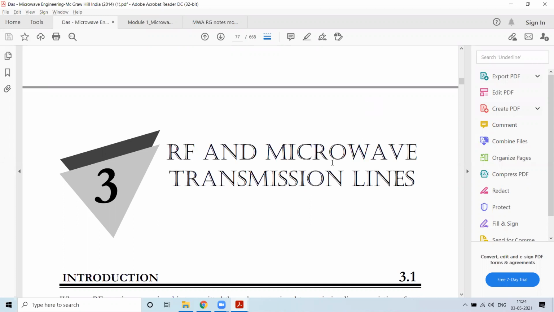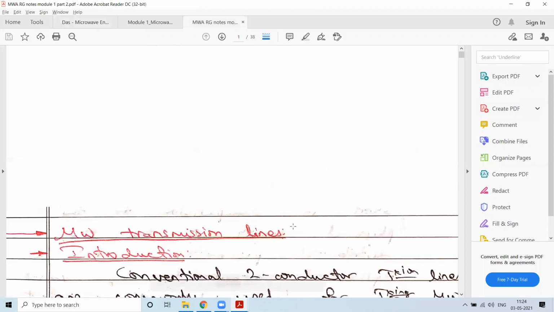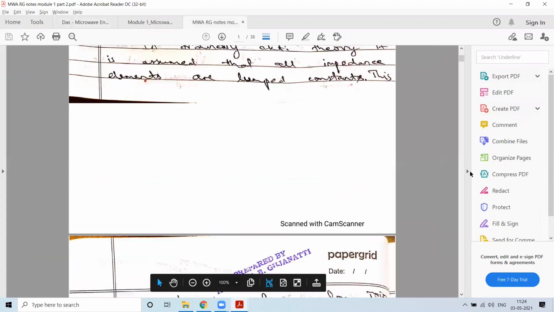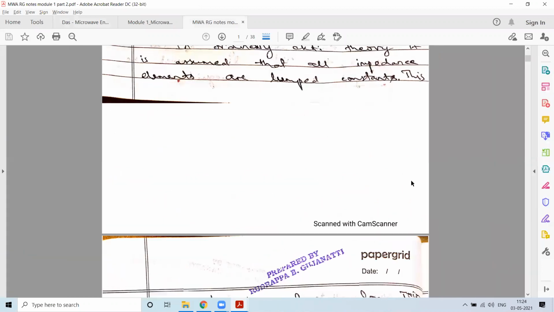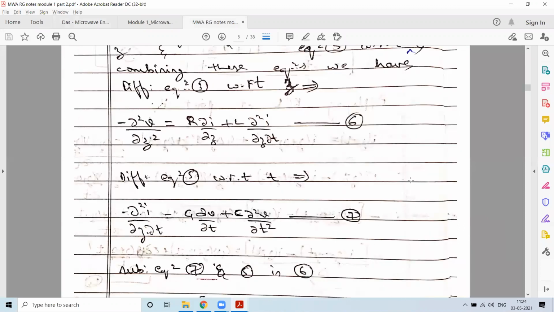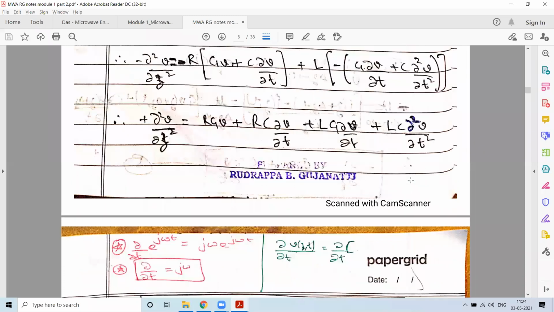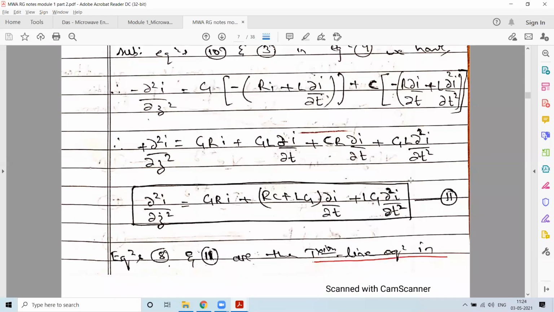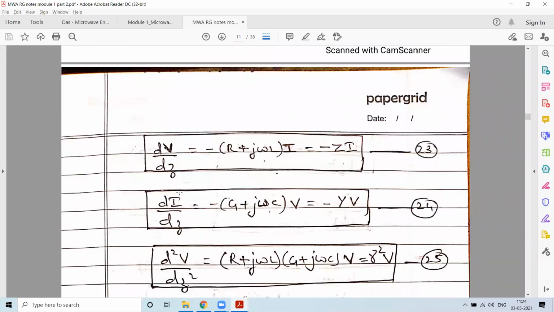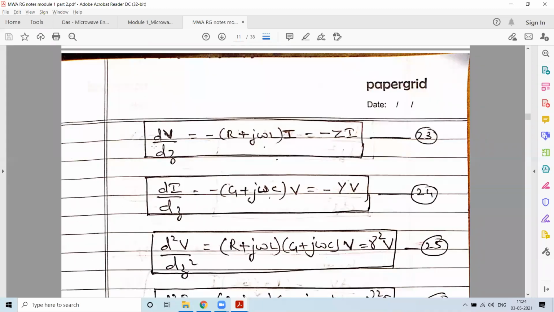So in the previous session, we started off with the discussion related to microwave transmission lines, in which we obtained the equations for the transmission lines. That is, one is the coupled equation and one is the decoupled equation, each for the instantaneous voltage and the instantaneous current representations. So that is what we had obtained. These are the final equations that we represented.